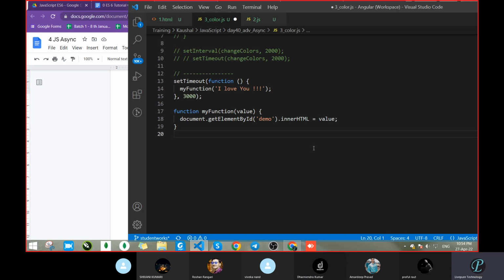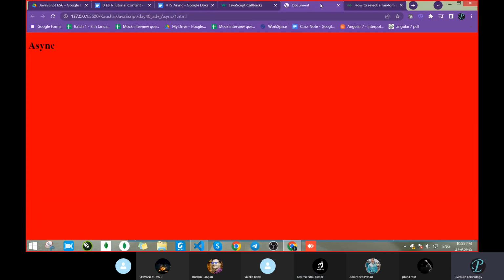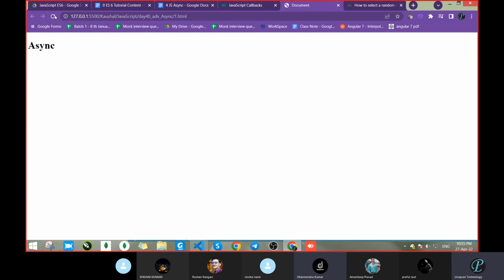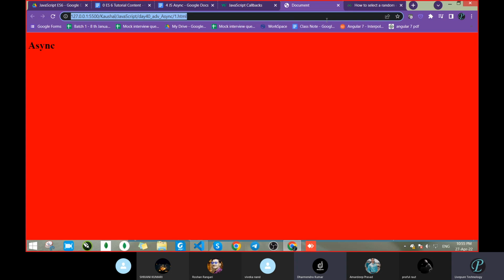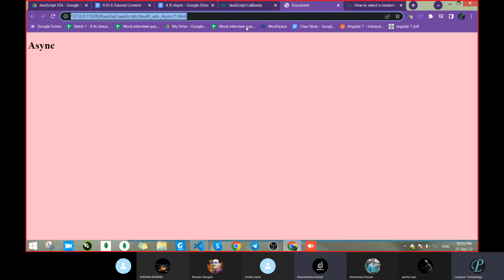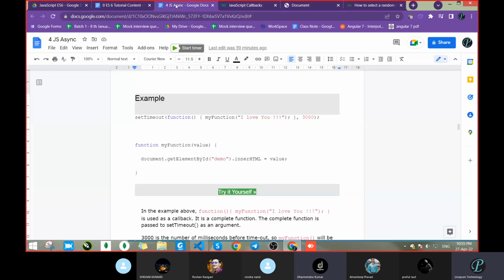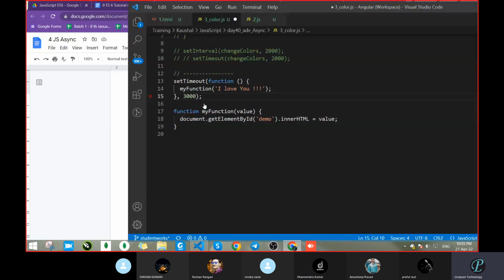Otherwise, if you go with Ajax without page reloading, you can refresh the page with the help of Ajax, and the same thing you do with the help of set timeout. Suppose the color is changing; for this color change you would have to refresh the page, correct? But due to set timeout, we are not going to refresh the page or even the URL, it is not reloading, but your functionality happens automatically. That is with the help of the callback. It means asynchronous and callback.